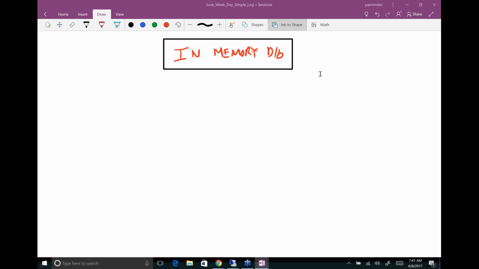That's right. So that is basically the usage of in-memory database. So let me technically tell you what exactly the in-memory database is. So basically, when we talk about in-memory database, the key difference is